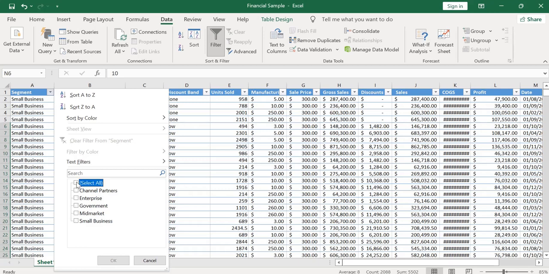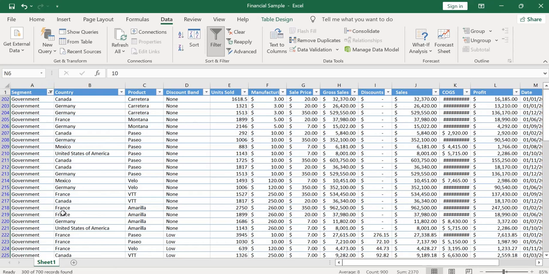Now let me apply a filter. I just want to display the data for the segment which is Government. First deselect everything and select the option which you want to apply on this column. So now I want to use Government. I want to display the data which has only the government option in the segment. So I am choosing Government and click OK. Look at here, the data got filtered. Everything that is related to the government is displayed.